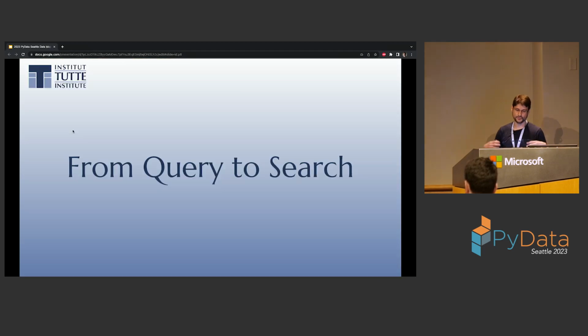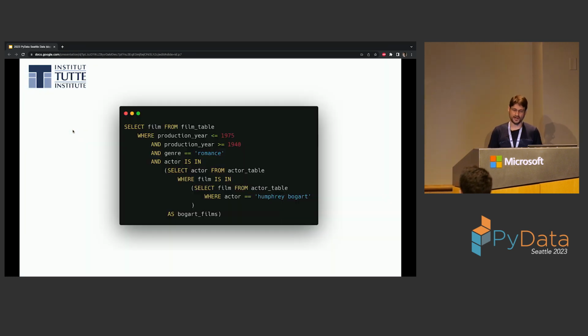All right, so let's talk about going from a query-based mode to a search-based mode. This is the transition that's already underway in industry, and in practical terms, working with data sets is going to change from a query-based mode to more of a search-based mode when we're dealing with more and more of this unstructured data. So here's some pseudo SQL that might be a query you might have if you want to